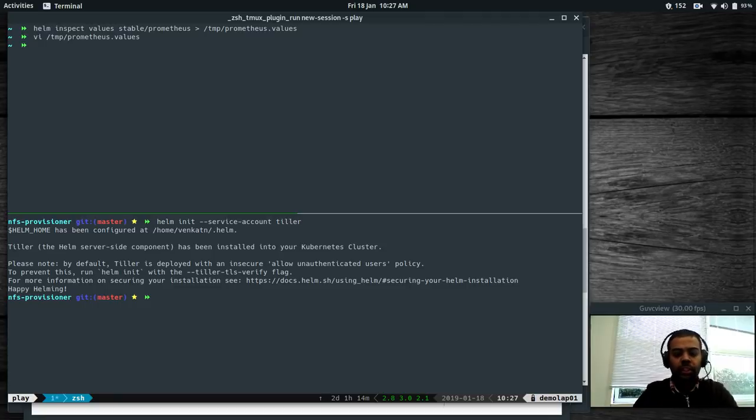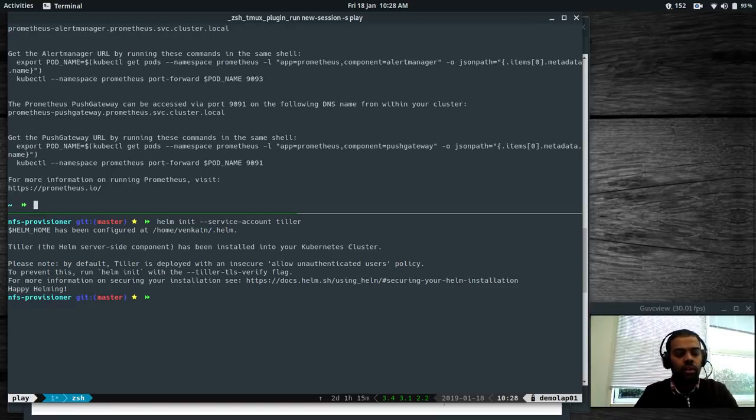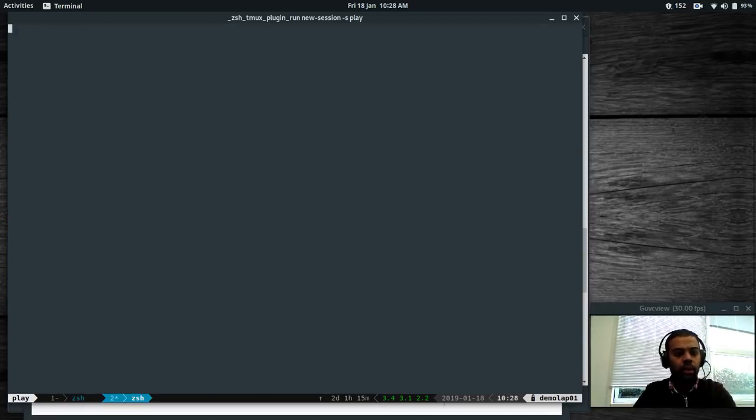Now let's install the Prometheus application. Helm install stable/prometheus, and let's give it a name, otherwise it would generate a random name. Prometheus, values, temp Prometheus.values file, and namespace prometheus. Okay, cool. It's deployed, and if I open up a new pane and do watch kubectl get all minus